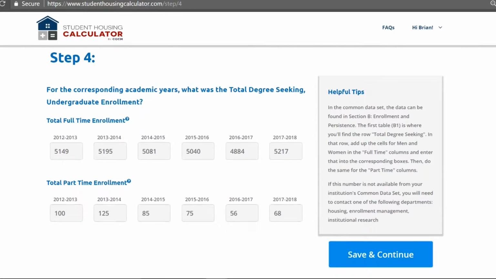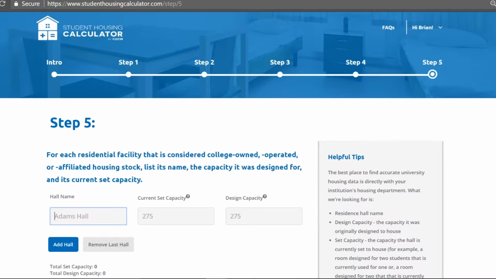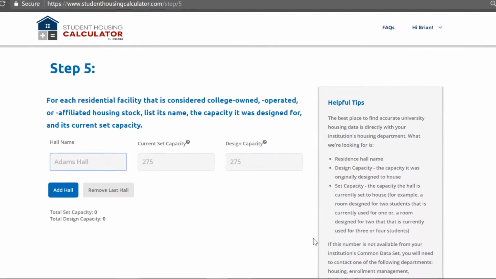Now, Step 5 is the page where we're going to enter the current housing capacity of the campus. And this is the page that probably takes the most time. It asks for both the set and design capacities. To explain the differences between what we mean for set and design capacity, let's listen to Jeremy Steed, Operations Director